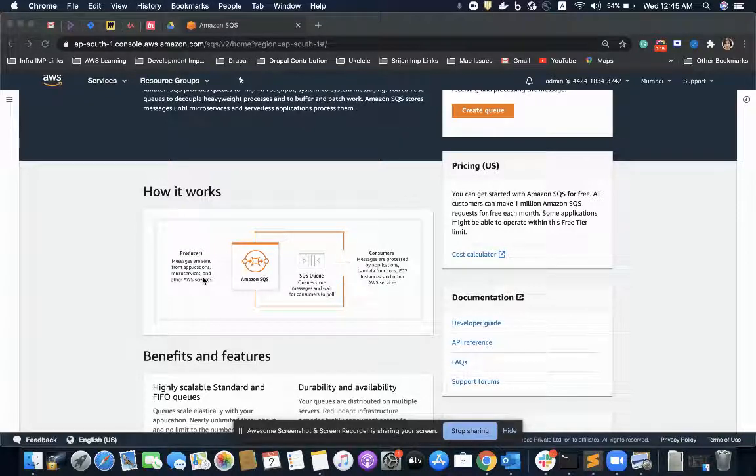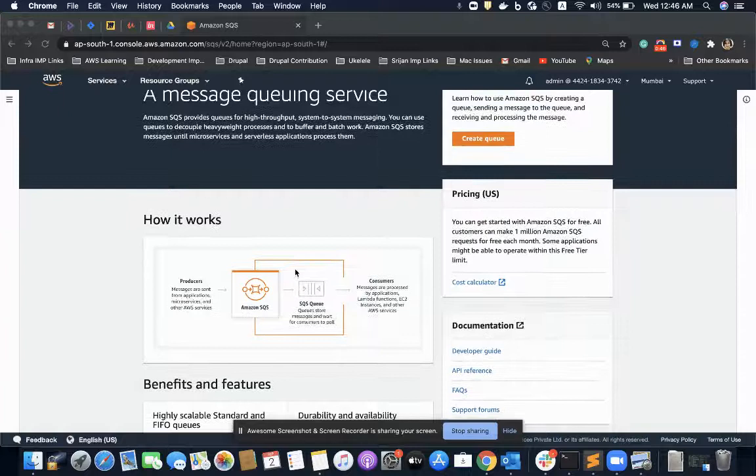These applications which generate or create the message are called producers, and the applications which receive such messages are called the consumers. So SQS stores these messages and provides a decoupled way of sending and receiving these messages in a queuing way.